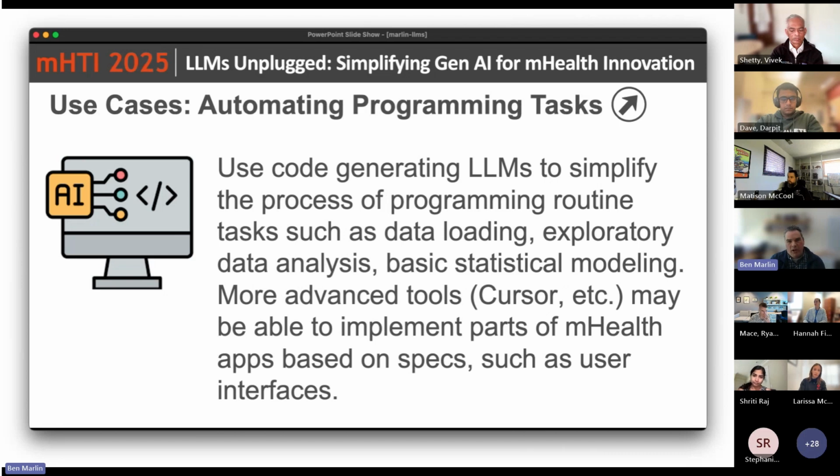We talked a little bit about automating programming tasks. For simple things, this works now. You can use ChatGPT. There are other kinds of models like Claude Code that you can use. This application I mentioned, Cursor, will generate entire code bases for you. Probably not a good idea to generate your mHealth app using Cursor currently, but it might be able to generate components of applications or help with edits to larger code bases, specifically around routine tasks like implementing user interface components based on specifications or Figma mock-ups. So it's sort of emerging.